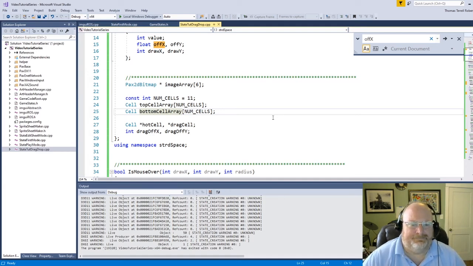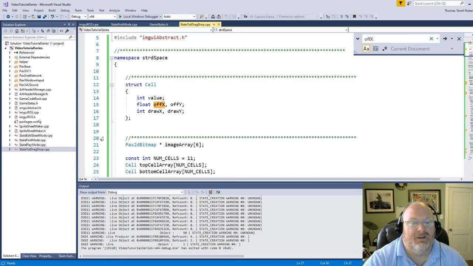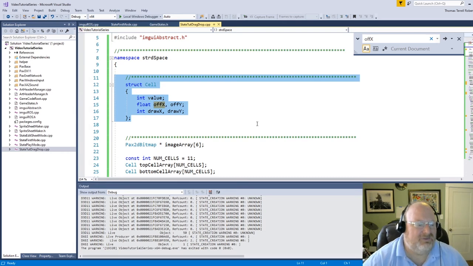But the bottom line is your data should follow your game in this case. This stuff is much more universal. The hot cell and the drag cell and what they mean and how you use them, as well as drag offset, that's going to be the same no matter how you define your cells. And speaking of defining cells, here I am dragging these icons back and forth, but there's an obvious